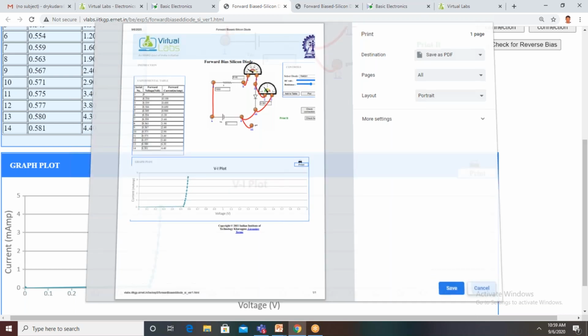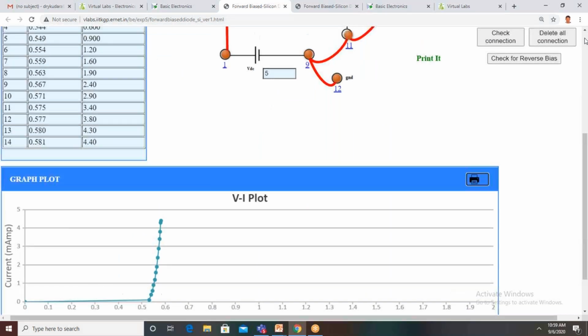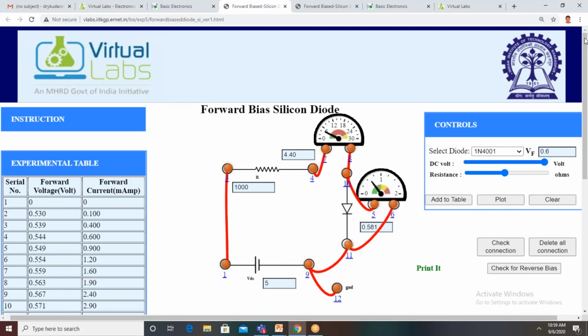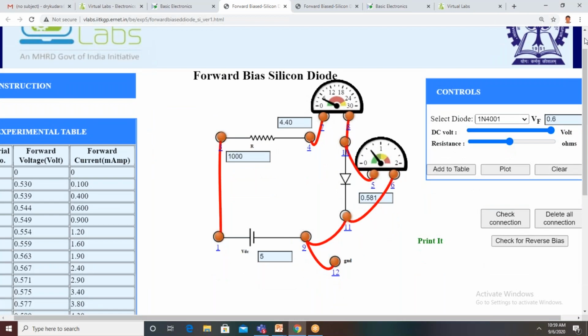Any doubts, ma'am? Up to this point, I just completed one experiment, part A. Any doubts, you can ask. It is very easy, ma'am, even easier than the offline experiment. Any doubts from faculty members or students?